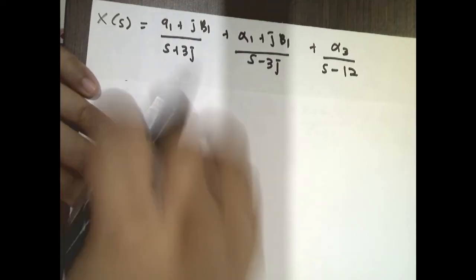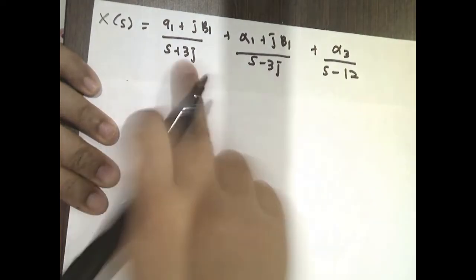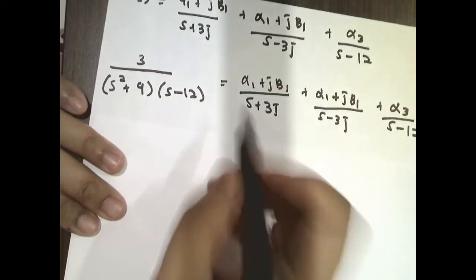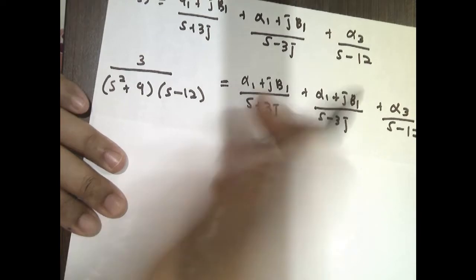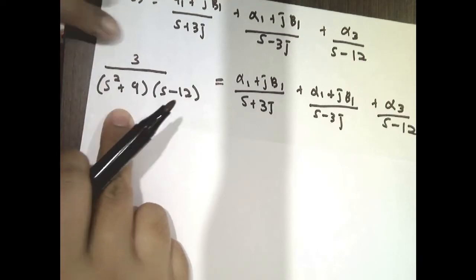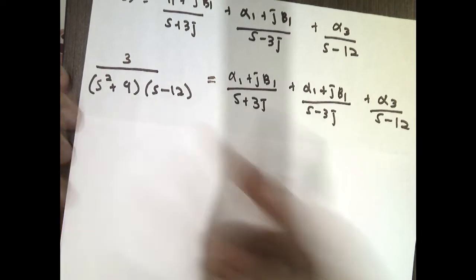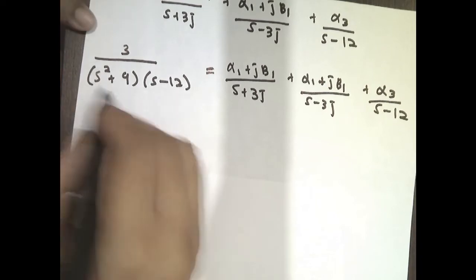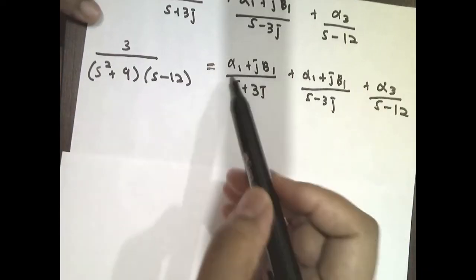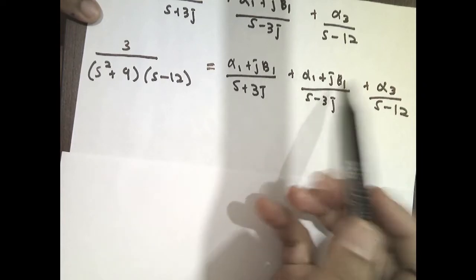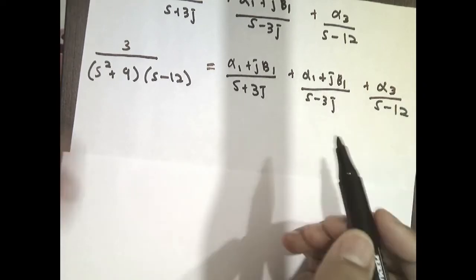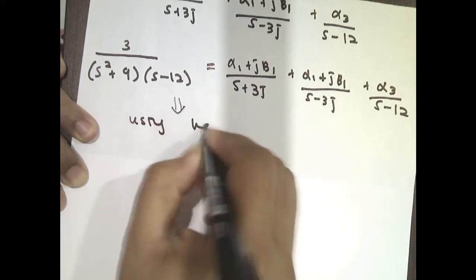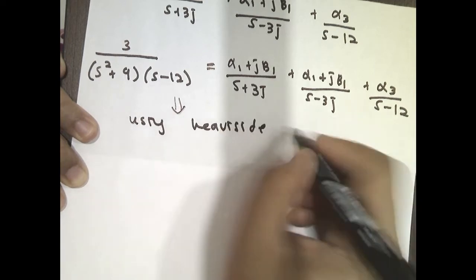Okay, so just now we have expanded the equation to this one. Now what we do is we try to make it equal with the initial equation that we needed to expand. After that, what you need to do is solve this one. You need to find what is alpha 1, what is b1, alpha 3, and so on. So you must do it using the Heaviside expansion method,